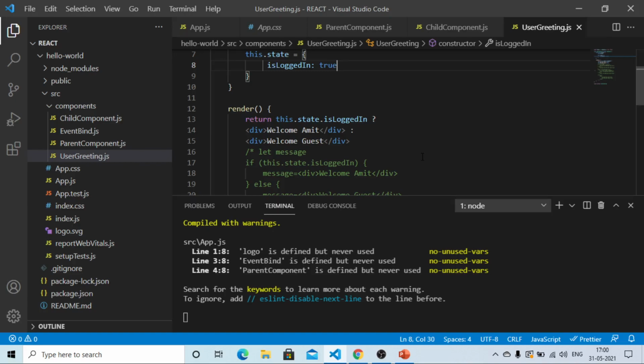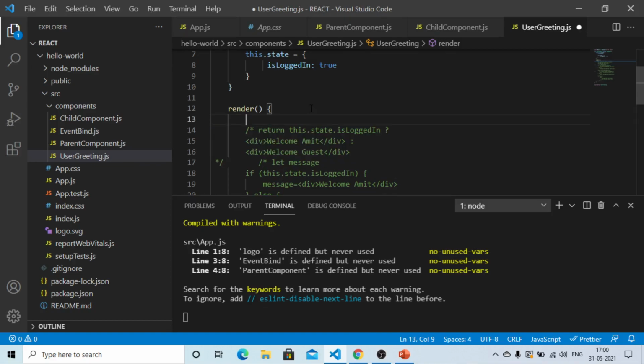So let us see how this works. So again we are going to comment with the shortcut key, Shift Alt A, and we are going to use now the fourth and the last approach to render some HTML or UI or render nothing.